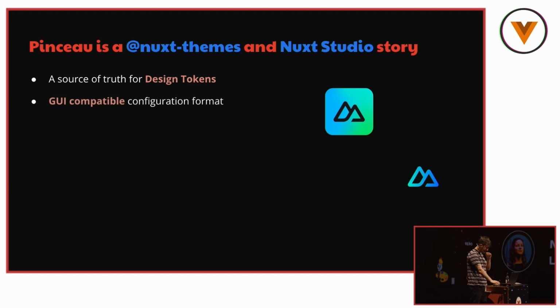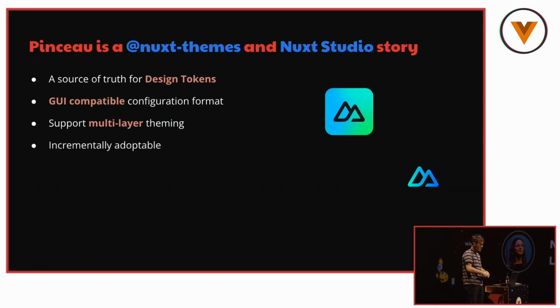We also needed a GUI-compatible configuration format. It needed to support multi-layer theming. Earlier today, I think Daniel talked about extending projects, like using Nuxt Extend. So we needed something that supports that. It needed to be incrementally adaptable. So we needed a way to create a theme from a Nuxt project, then maybe adding some parts of it on top. We needed it also to work with existing tooling,